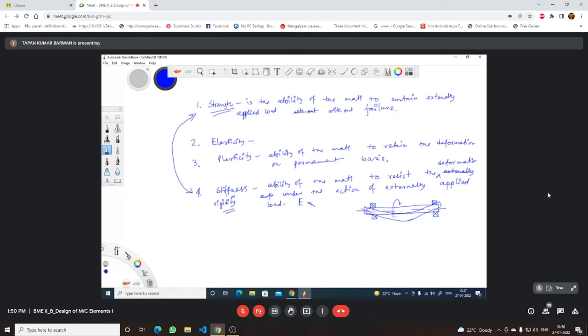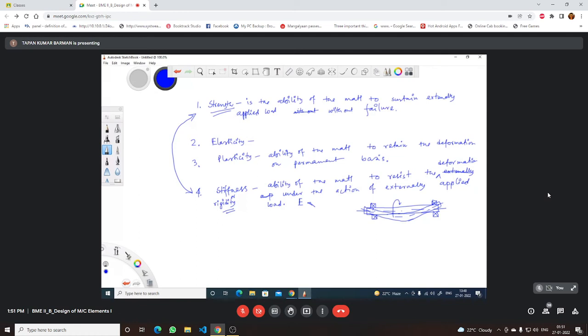Do you understand the figure? Yes, sir. It basically becomes a bend. Due to the self weight, there should be some bending of the component. So that is basically the deflection of the component, right? Now this deflection or deformation is due to the loads. There should be some permissible level of deformation. Beyond that, if your deformation is there in the machine element, we'll call the component failed due to stiffness